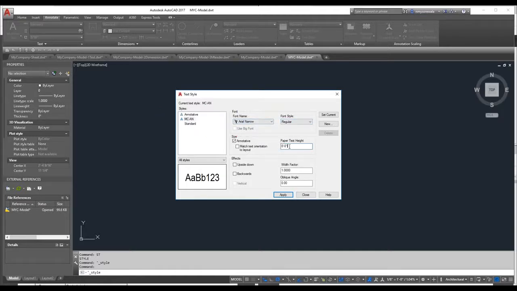That's my preference here. The paper text height, you want to leave it at 0 because you want to dynamically manipulate that. So we'll just do annotative and text height. Let me create another one. Oh yeah, I do want to save my changes. Another one would be